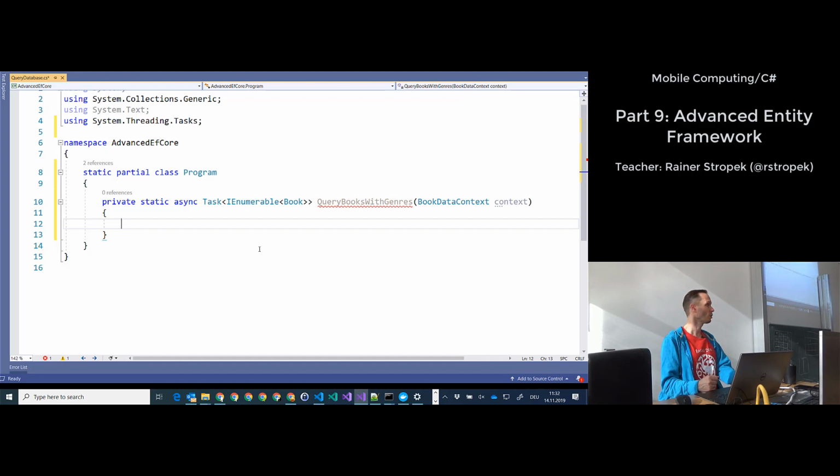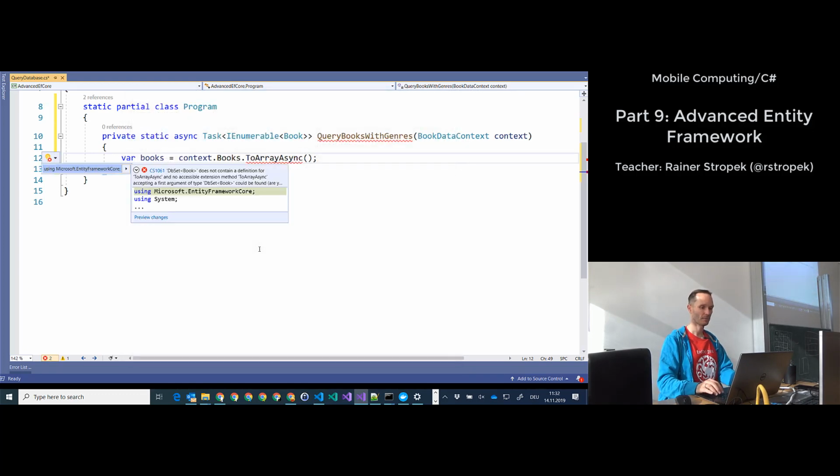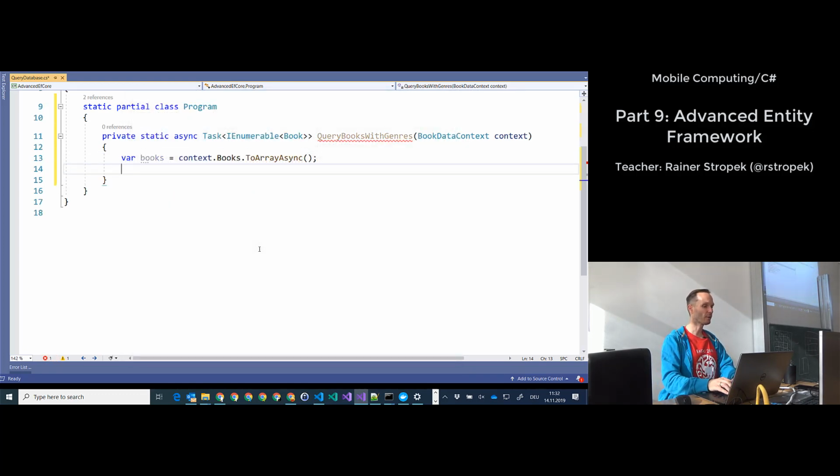And afterwards, I show you how you should do it. I can easily query for all the books, okay? Var books equals context.books.ToArrayAsync. Something like this. We know how to do that. Good. And then I could say foreach var book in books